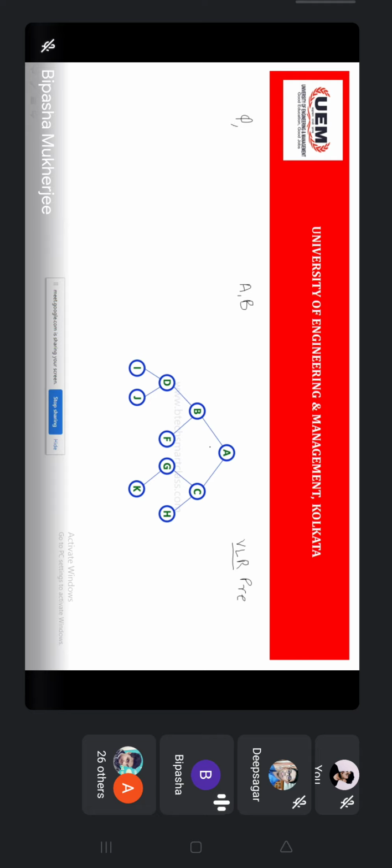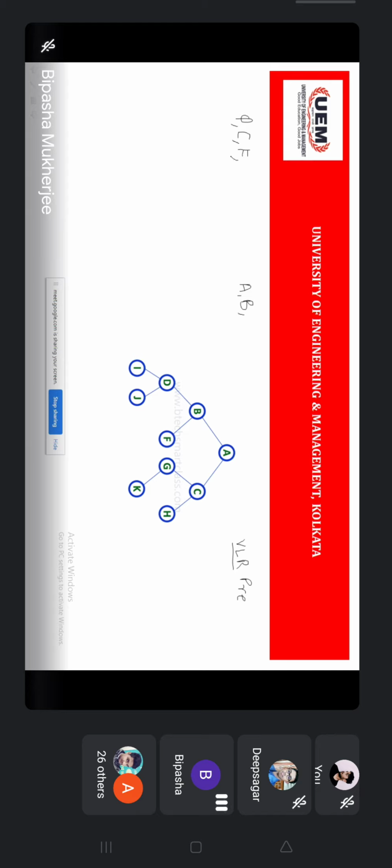Now, whenever you are in A, is there any right child? Yes. Is there any left child? Yes. So as you are in A, you will visit A, so you will print A. Then you will move to B. But before going to that, you need to push C here. Okay. Then you come to B and you are printing B. Now, does B have any right child? Yes. So push that right child into the stack.